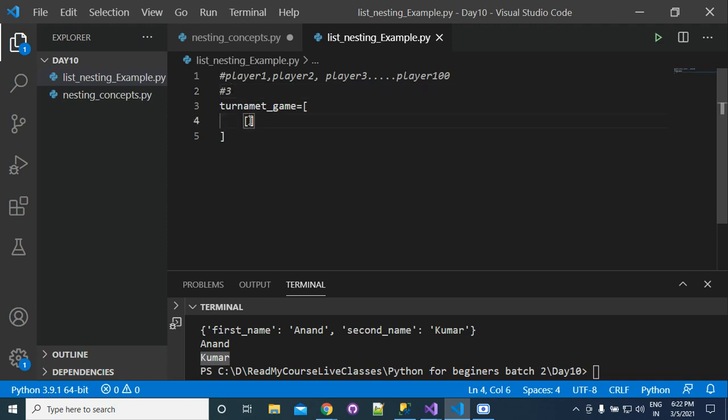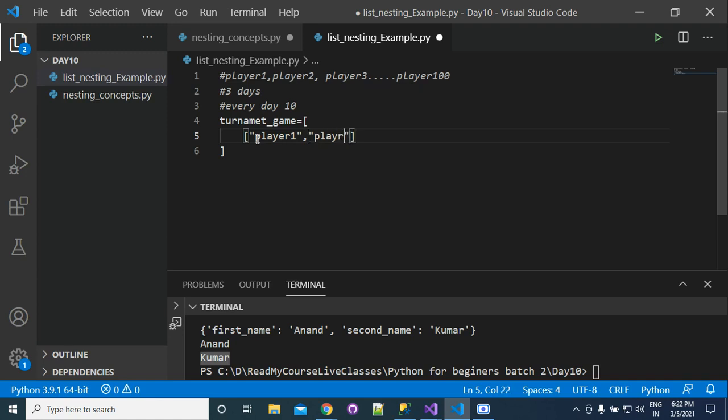Now, not 3 rounds, but 3 days, and every day we have 10 rounds. For every round we want to store the player who was the winner. Suppose that the first winner was player 1, and then the winner was player 3.